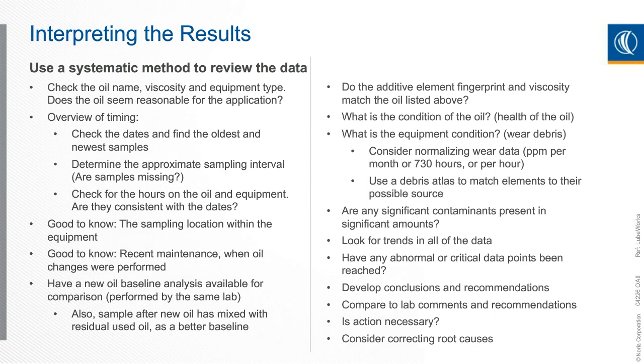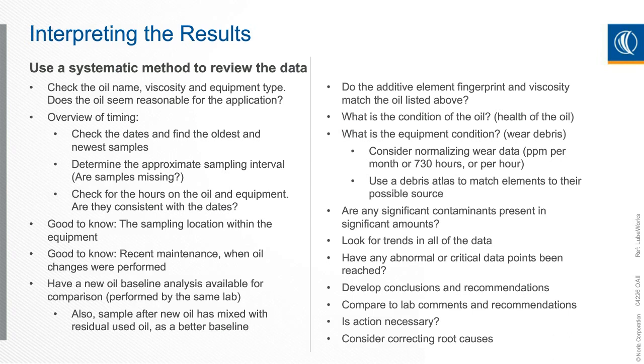Are there any significant contaminants present? Obviously, the big ones are going to be solid contaminants, dust in the environment. That's going to be silica primarily and alumina. But maybe there's something else there that's a bit unique, something that may tie with your environment, and it says this machine has typically seen this type of contaminant, and we need to be aware of that.